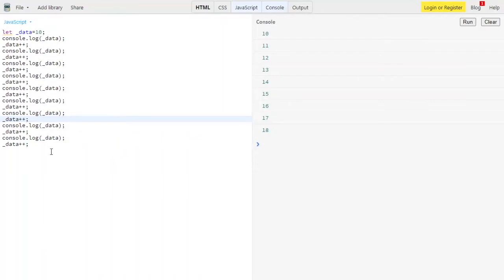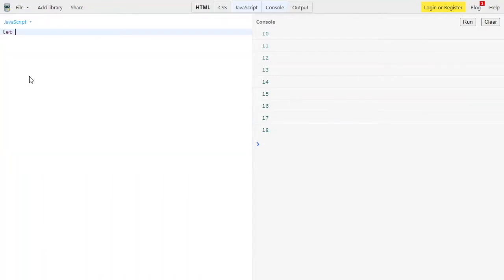Now let's move towards the typeof operator. So I'm assigning let _data equal to 100. Then we have console.log over here with typeof _data.